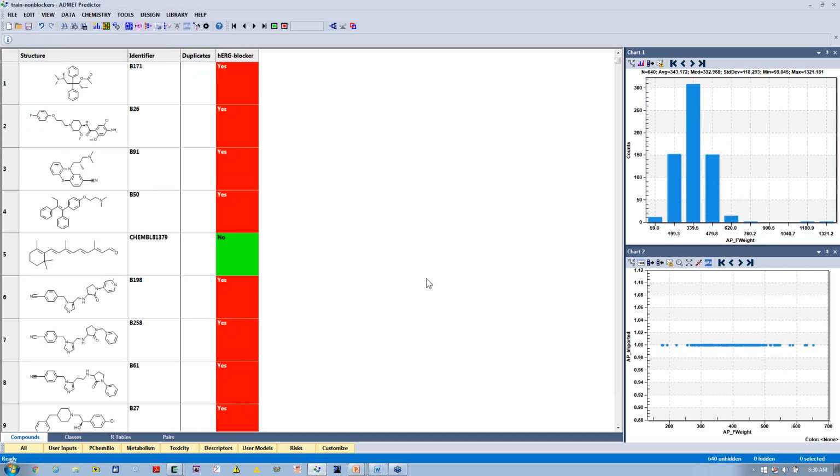Okay, so the next thing I'm going to do is kind of interrogate the SAR of this data set. I'm going to use matched molecular pair analysis. And typically matched molecular pair analysis is good for finding activity cliffs, which is essentially what we're doing in this case. Now, you have to be a little bit careful because these are categorized just yes and no. We don't have the raw IC50 data. So two compounds, one could have an IC50 of 9, the other an IC50 of 11, and they're very similar to each other, and they really do have similar IC50 values, but they're in different categories. So that's going to be hard for the model to